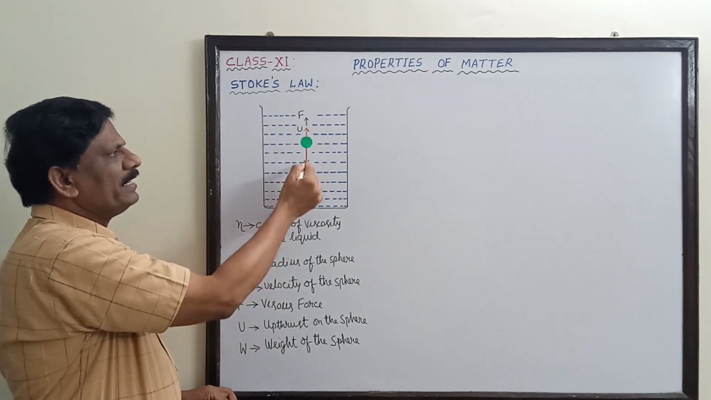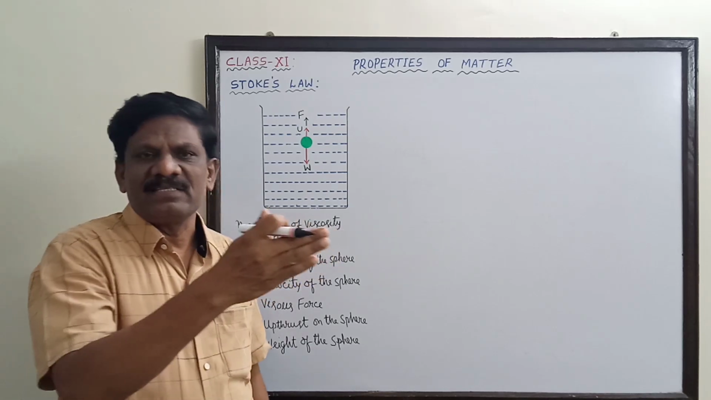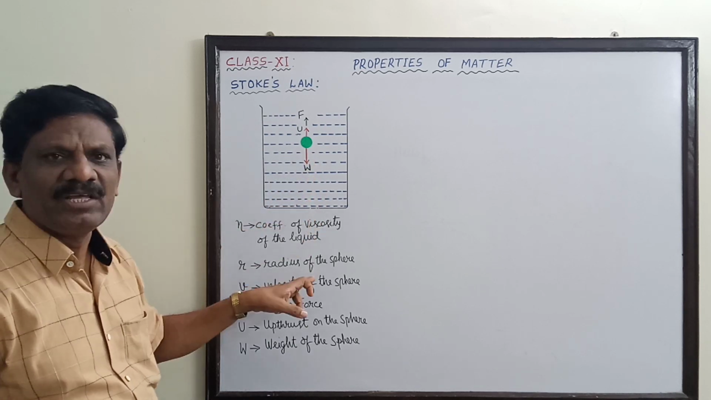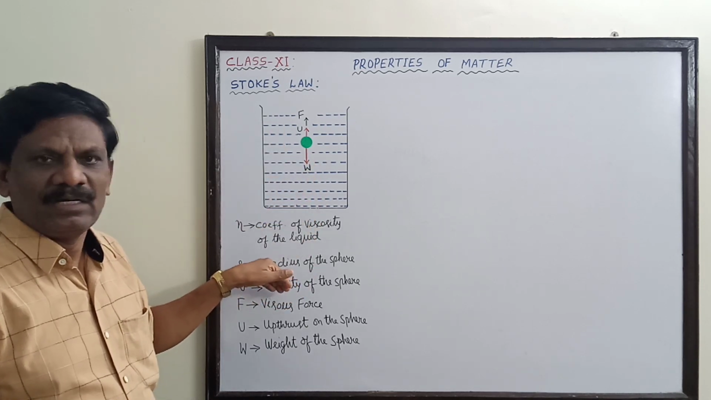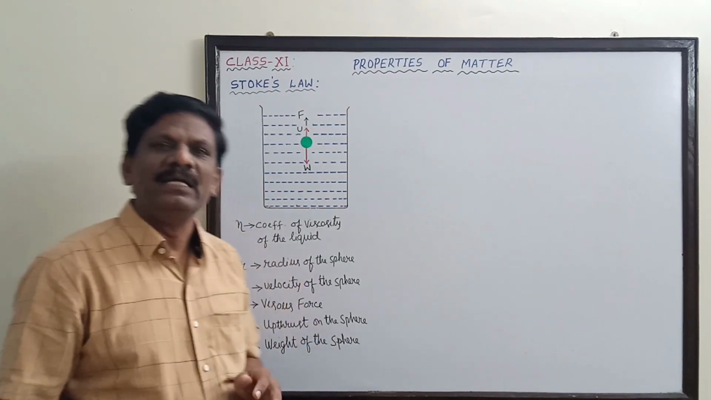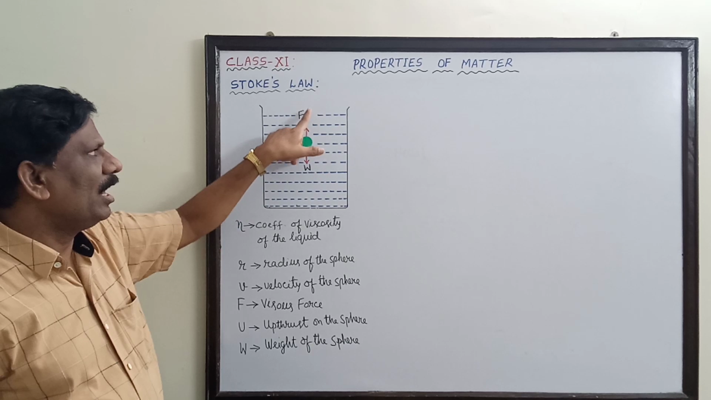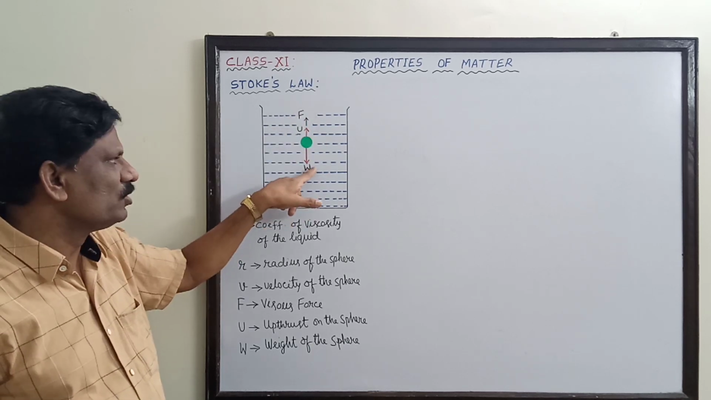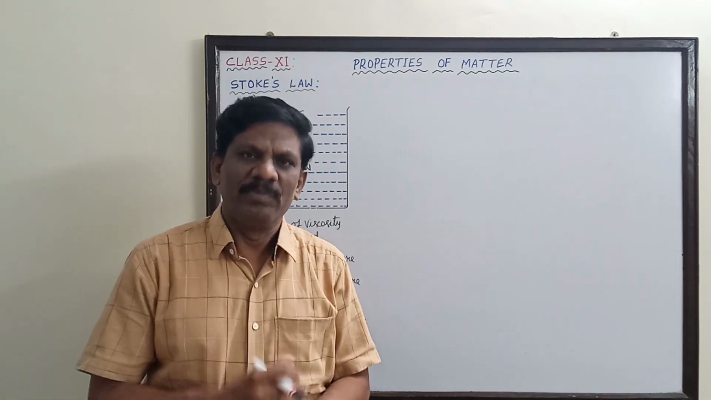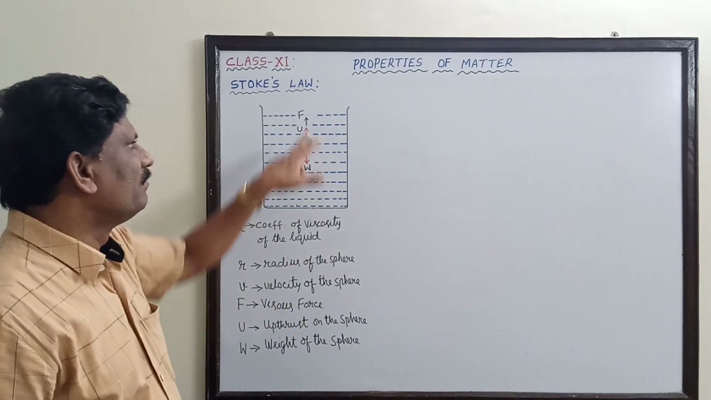When the sphere is descending downward, it moves through the different layers. It drags the different layers of the liquid as it moves downward, due to which there is a relative motion between the different layers of the liquid, and the frictional force, namely the viscous force, acts in the upward direction, that is in a direction opposite to the movement of the sphere. Now this scientist Stoke performed this experiment and he derived an expression for the viscous force acting